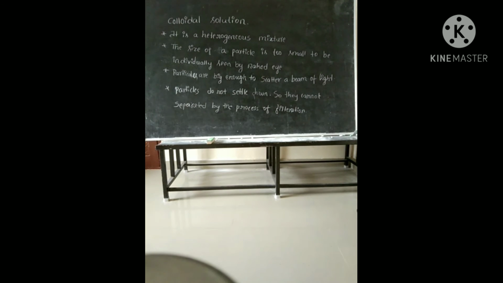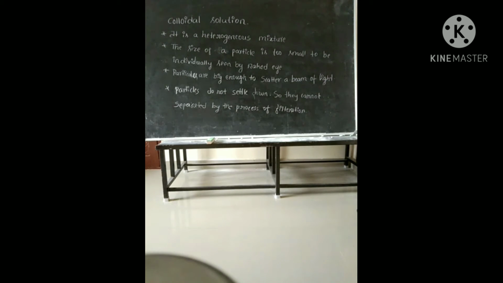Let us come to the next type of solution, that is, colloidal solution. In this solution, particles are uniformly spread throughout the solution. Compared to the suspension, this colloidal solution looks like a homogeneous mixture, but it is a heterogeneous mixture. For example, milk is a colloidal solution, and the size of the particles is too small to be individually seen